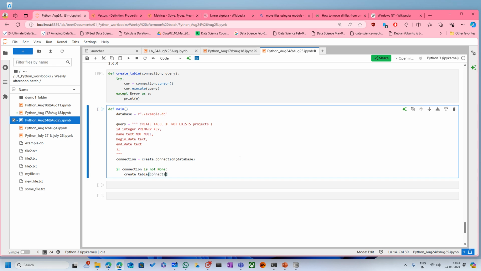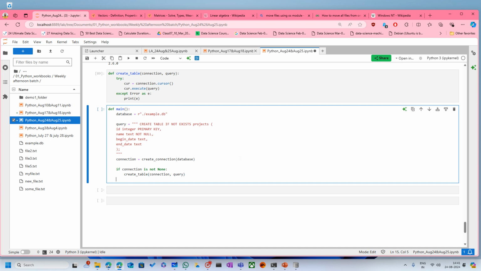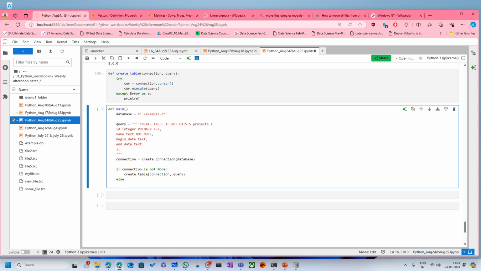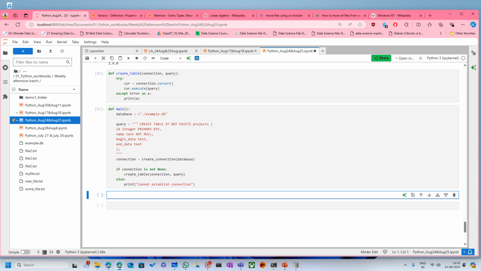Create table has to take the connection and the query that we have passed. Else print cannot establish connection. Okay, so this is our main function, and now if I call our main function,